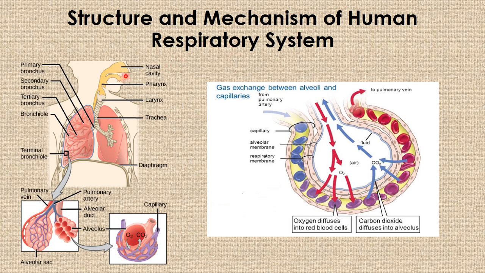Now, as you saw in the first slide, the respiratory system is especially responsible for the exchange of gases. You can see that air enters through the nasal cavity when we breathe in, and that air goes down to the pharynx that you see right here, and down to the larynx, and from the larynx to the trachea. As you can see here, this is the long tube which splits into two parts called the